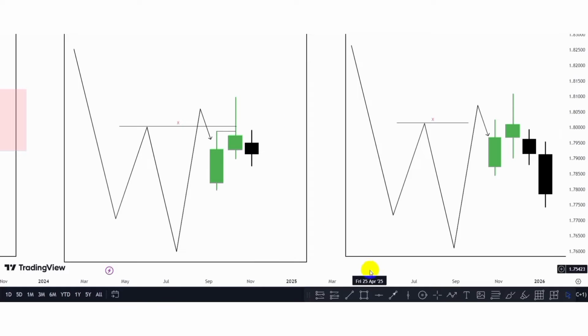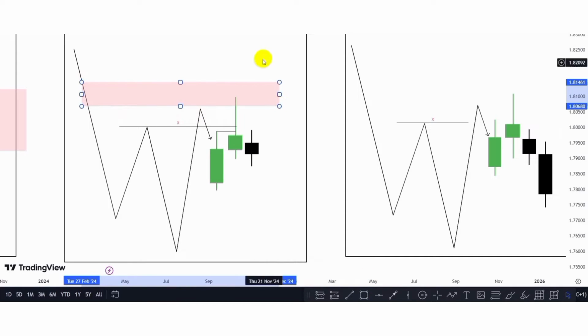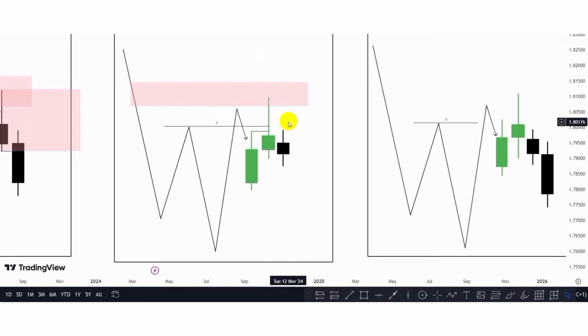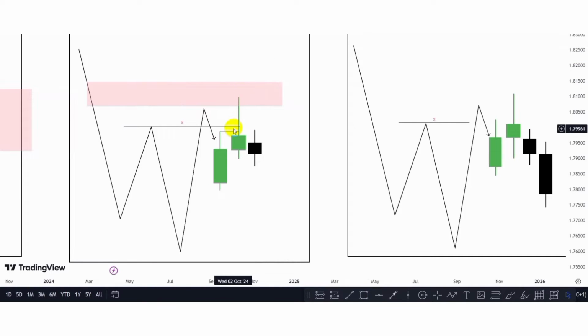So we have price mitigating a higher time frame point of interest over here. So you can see what we have is price pushed to the downside, but then you would see that this candle did not close below the low of this particular candlestick. You can see that the candle body did not close below the low of the candlestick